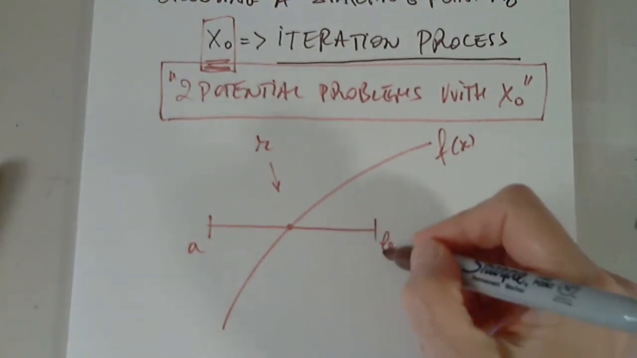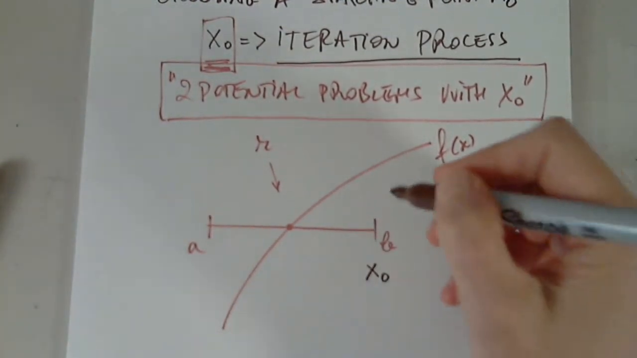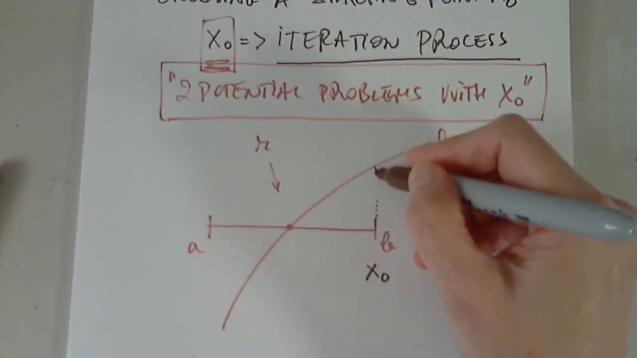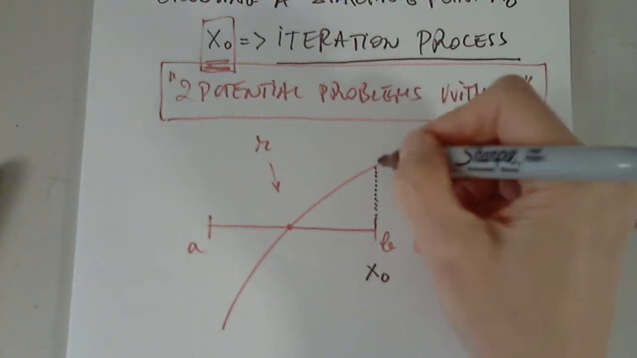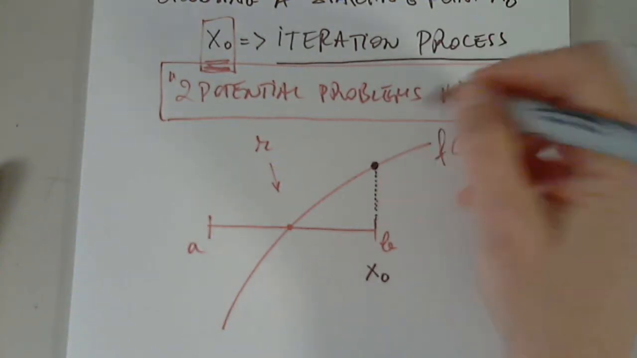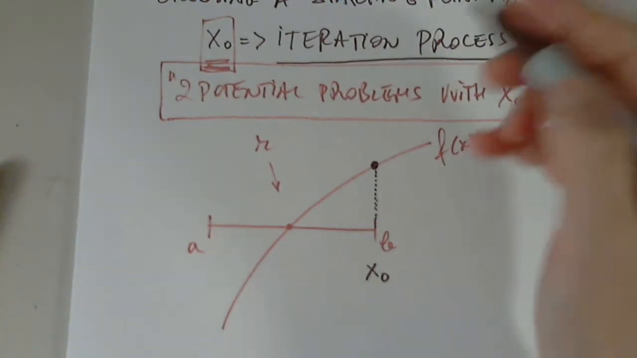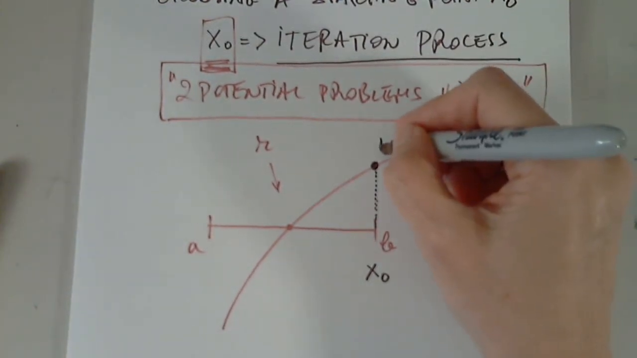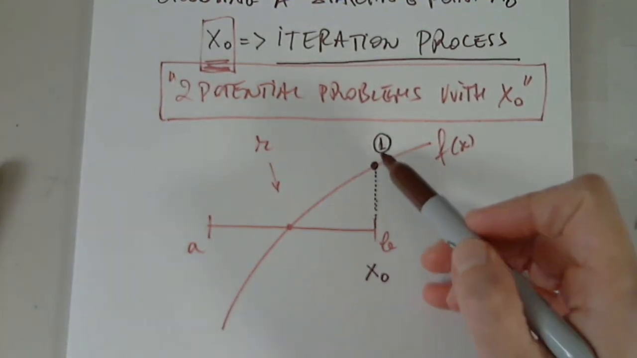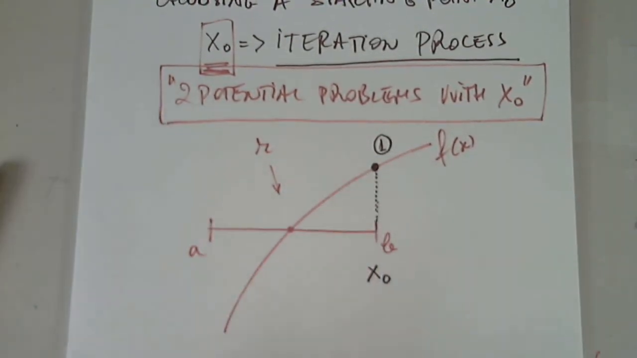Assuming that this is my x sub 0, I start at b. I will draw a vertical line and create a point here. Let's call it point 1. And at this point, I will draw a tangent to the graph of